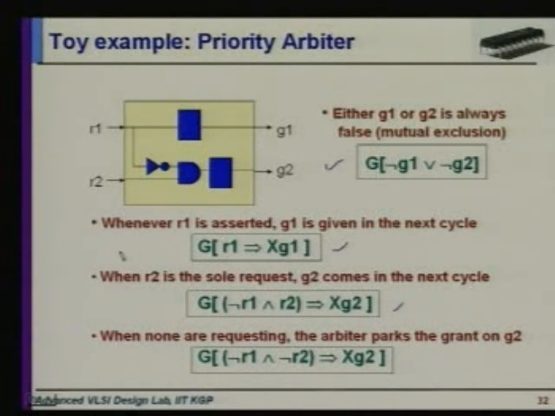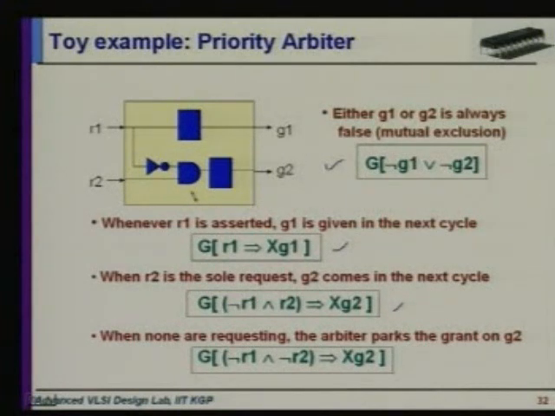Whenever R1 is asserted, G1 is given in the next cycle. That is true, because R1 is asserted, then G1 is asserted in the next cycle. When R2 is the sole request, G2 comes in the next cycle. So R1 is 0, so this is 1, R2 is 1, so in the next cycle we will have G2. When none of them are high, then in the next cycle we will have G2. If this is 0, this is 0, next cycle,